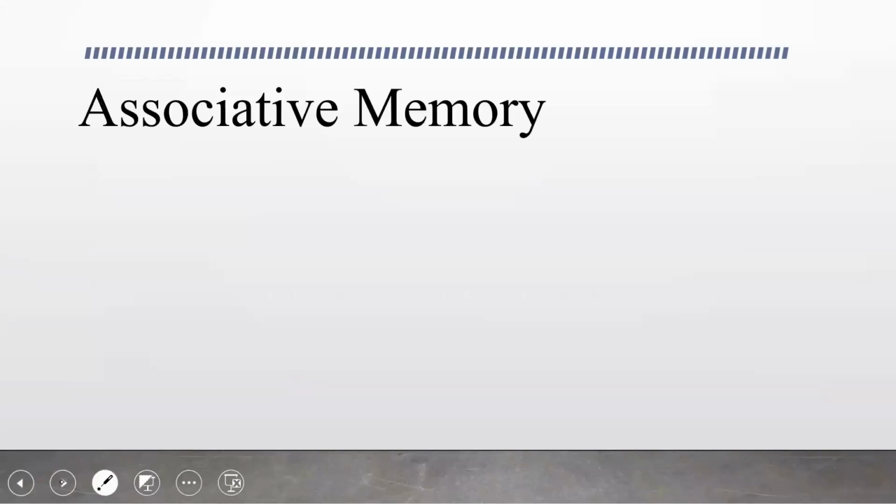Then let's move on to the next memory, associative memory. Many data processing applications require search of information in memory. When the content of memory needs to be accessed, it needs to be located. Searching is finding the item, finding the required content, and retrieving that data, which may be an instruction, from memory.